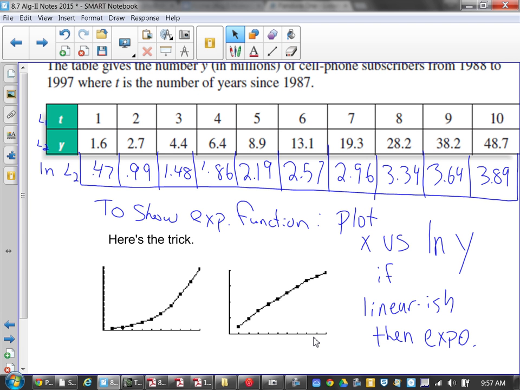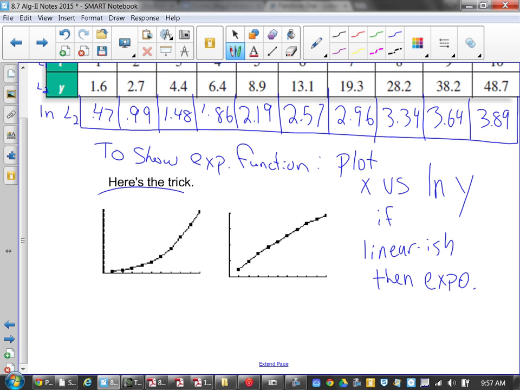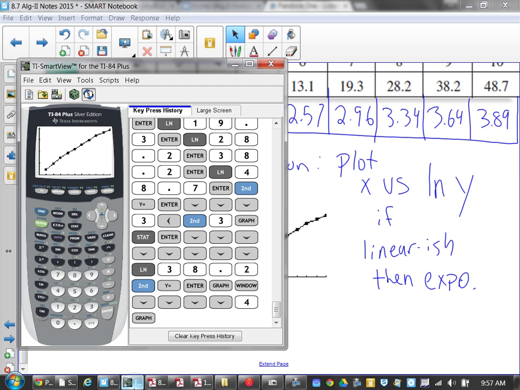So, did this look linear-ish? Sure did. Yes. So, that means we have to go back to this graph and write the equation. The calculator will do that for you. You just have to select the correct values. Remember, we're doing exponential regression now. So if we go back to here,